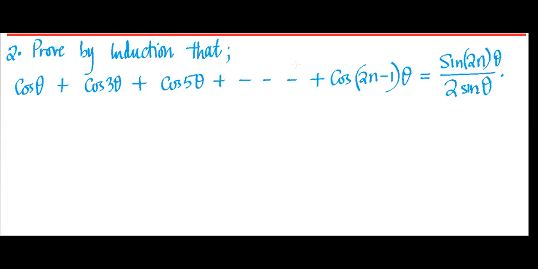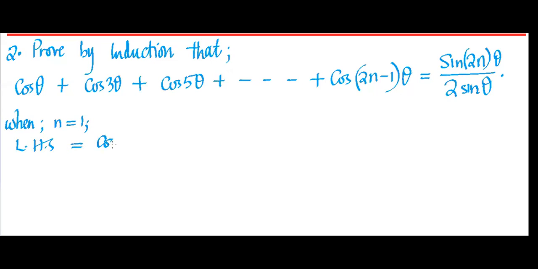It has already been stated for you. So you begin by stating or checking whether it is true. When n is equal to 1, the left-hand side has